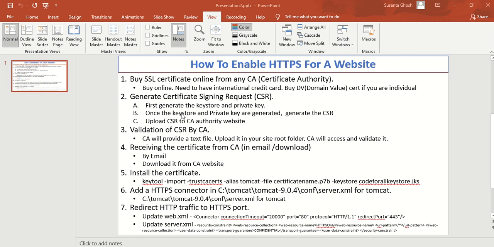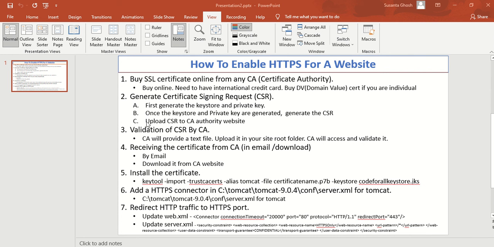In our case, we generated the key store and private key. Mostly this will be the same for you also. Then once the key store and private key are generated, you need to generate the CSR, and the command for the CSR will be given on the CA website where you bought the certificate.